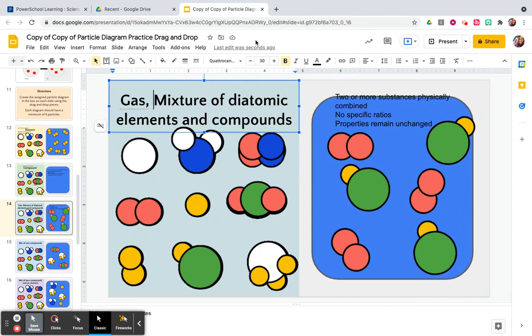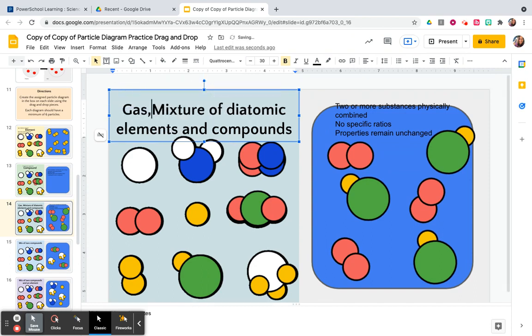Gases don't have definite volumes, because if I were to leave this open, you would see some of them leave. They can leave, they can come in, and it constantly changes. So this is a mixture. I look at this mixture and I don't see any part of it jumping out at me saying there's definitely a big difference here. So this is a